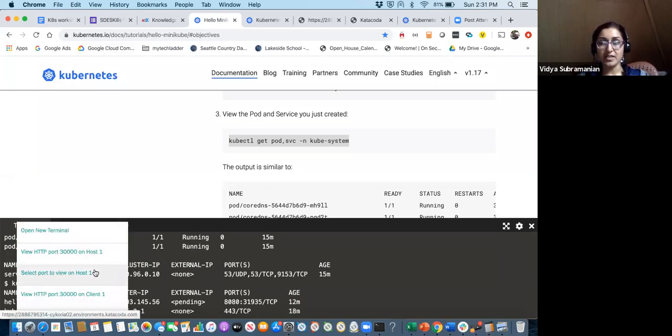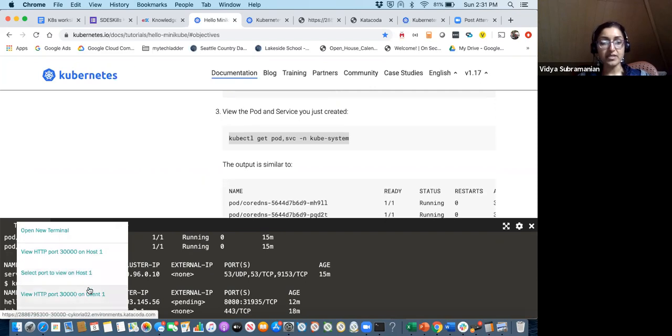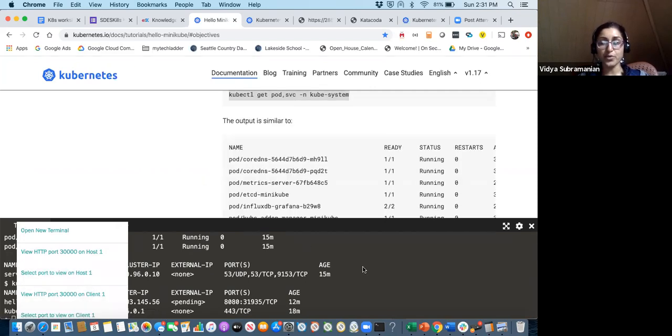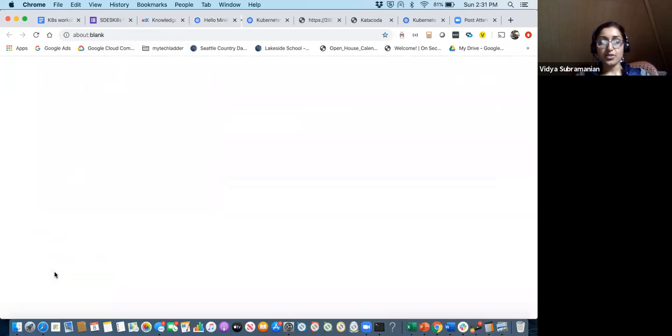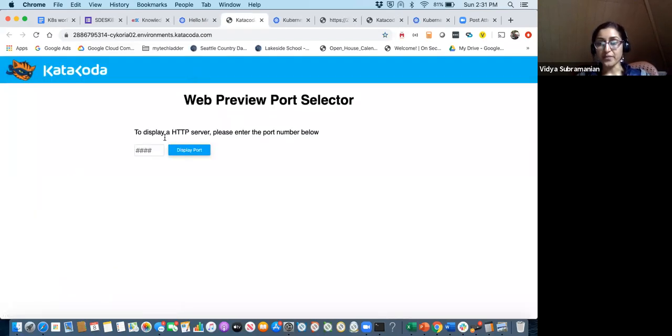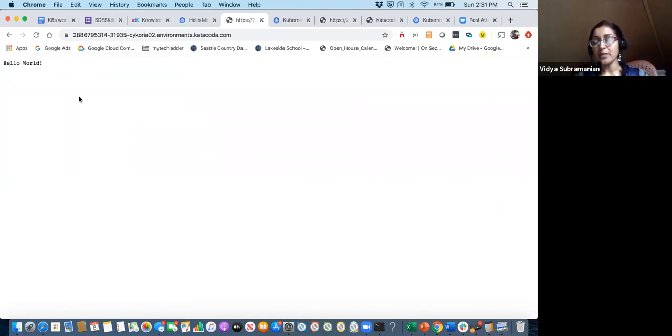Once you have the web preview, you want to choose view on host 1. Now here you provide whatever is your port where it has been exposed. You should be able to see it there.